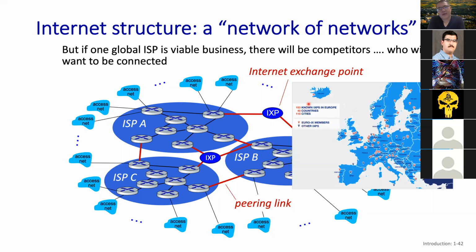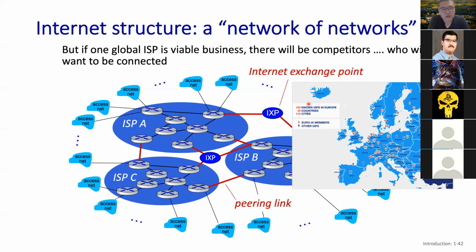And some of you may ask a question, oh, where is the internet exchange point? There are many internet exchange points spreading in the world. For example, this is a figure showing the IXPs, internet exchange points, in Europe, okay? There are some famous IXPs in London, and in some other European countries, okay? So this is about the first level ISP, global ISP connecting to the access net, okay? But the problem is that